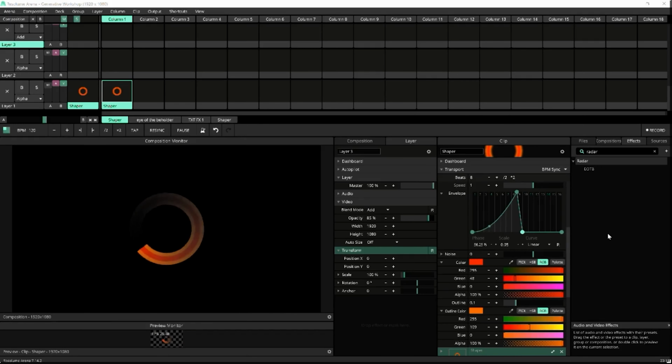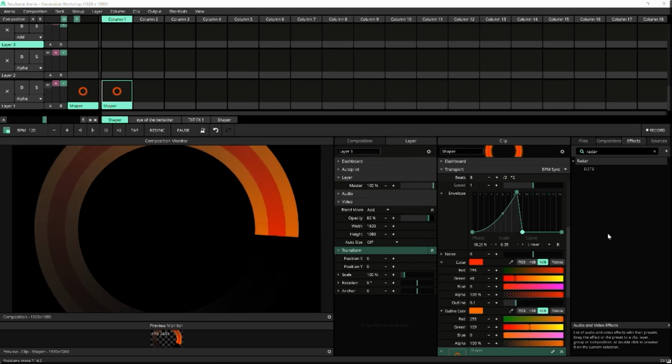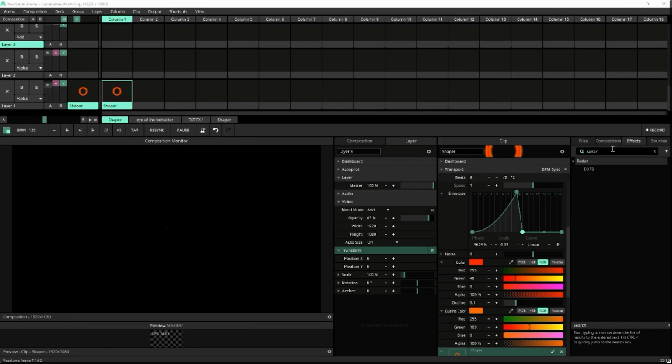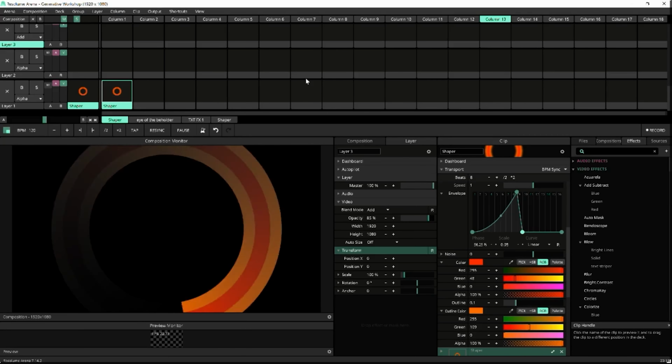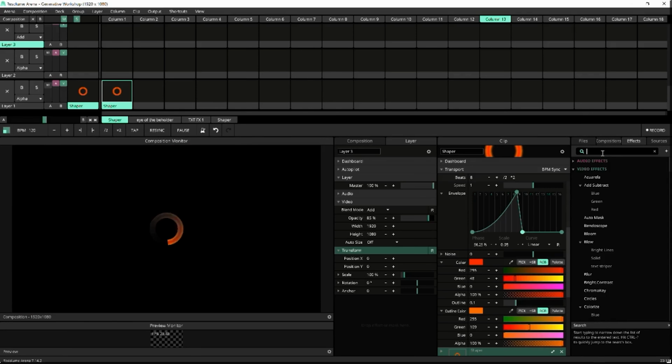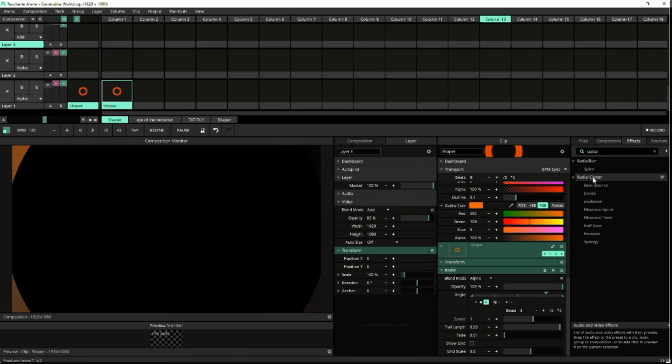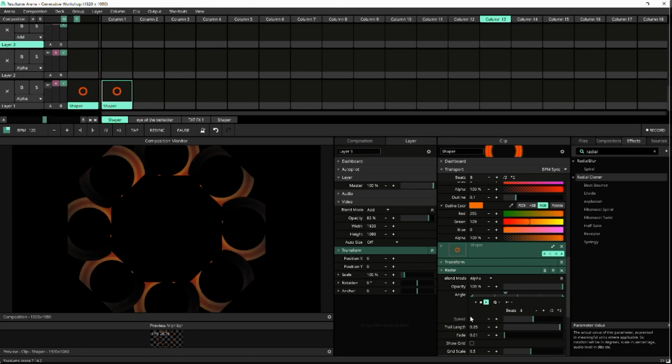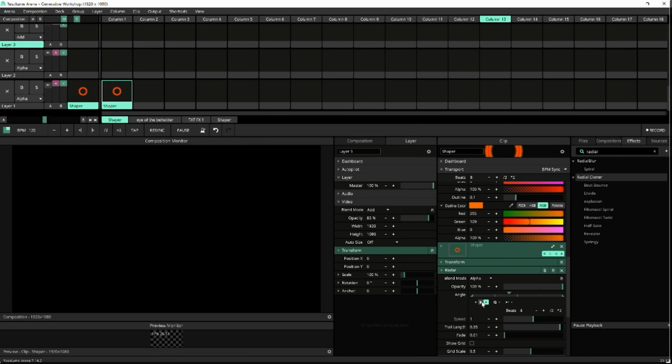Now that we've got our basic animation going, we're going to create complexity from simplicity, which is one of the bases of doing any generative work. For this, Resolume comes with quite a few very useful effects. In this case, we're going to go for the radial cloner. So if we go to our effects tab,